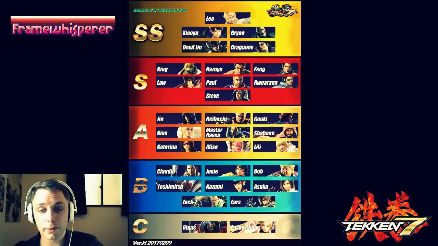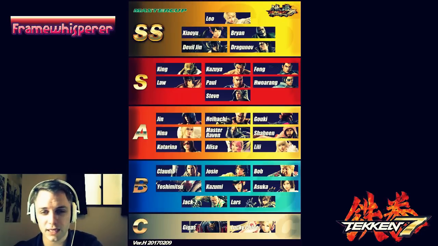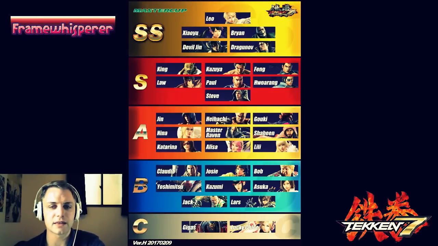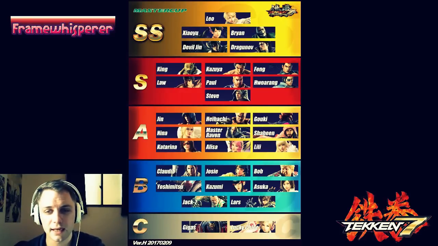I also want to talk about Gigas, who's in the bottom tier here. Gigas is one of my personal main characters that I played a lot. He might be the character in Tekken 7 that, if I'm completely honest, I've spent the most time with in the arcades. He is also definitely one of the weaker characters in the game, but I do not think that he is unusable. I think he belongs at the very bottom of the B tier, so he needs to be bumped up a little bit,